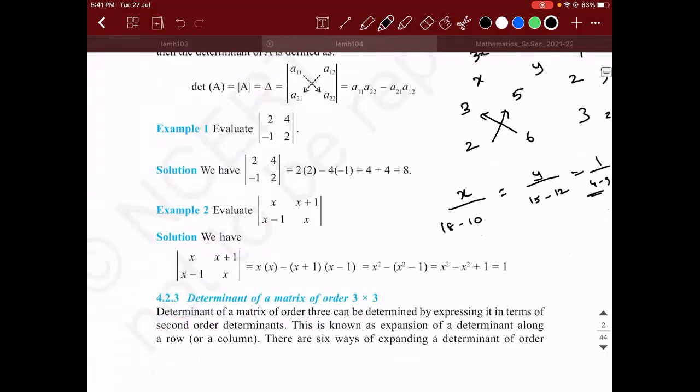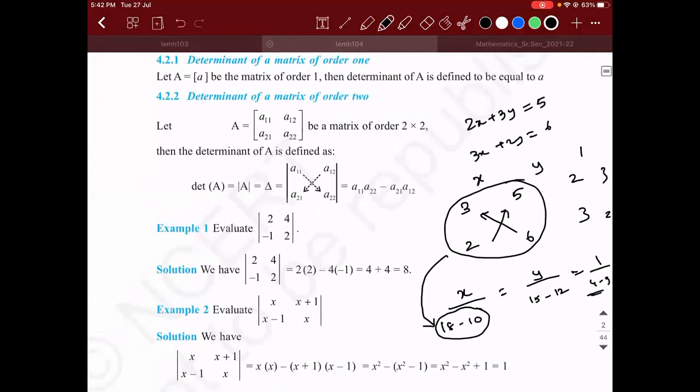Then this thing, what you're doing here, whatever you wrote in the cross multiplication method in the denominator is actually the determinant only. At that point, they would not have told you, because that word is not introduced. So whatever you write in the denominator of this x is what is called the determinant. But this determinant is applicable for a 2 cross 2 matrix. Now, we are clear that the determinant is applicable only for a square matrix. So what is the determinant of a square matrix of order 1? It is the number itself. So a matrix of order 1 is going to have only one element. Then the determinant of A is equal to the number itself.